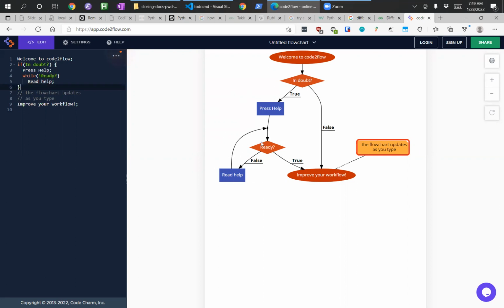Because you're going, and then you see that if you're not ready, you keep going, right? That's a while loop. Represented very clearly by this flow with the direction of the arrows, because code execution is directional. So, I'm not going to overly belabor the point.